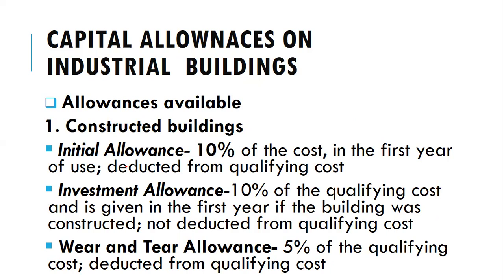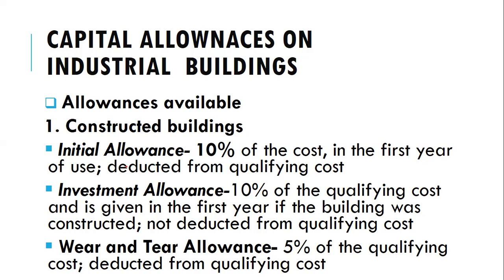So if the building was constructed, there are three types of capital allowances that we give: the initial allowance, the investment allowance, and the wear and tear allowance. The initial allowance is 10% of the cost, but it is only given on new buildings, a building that is being used for the first time. So when you construct a building, you are using it for the first time, and you give this initial allowance of